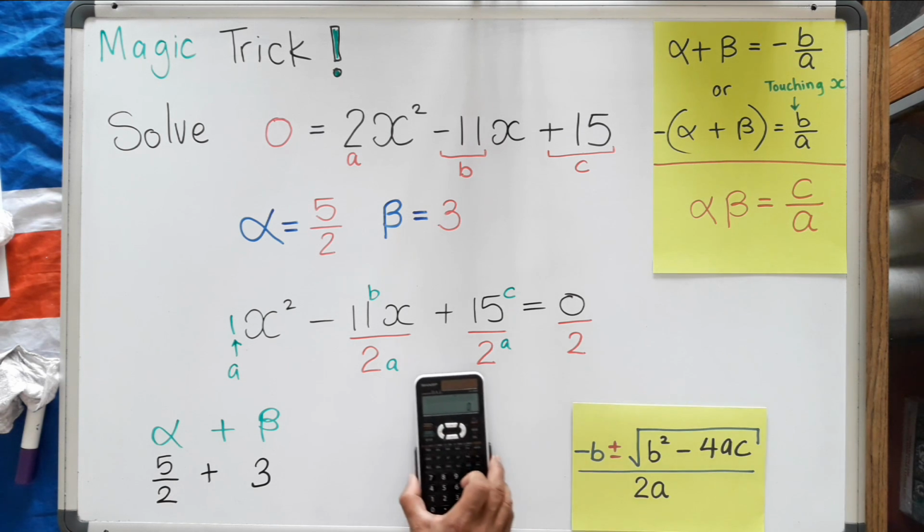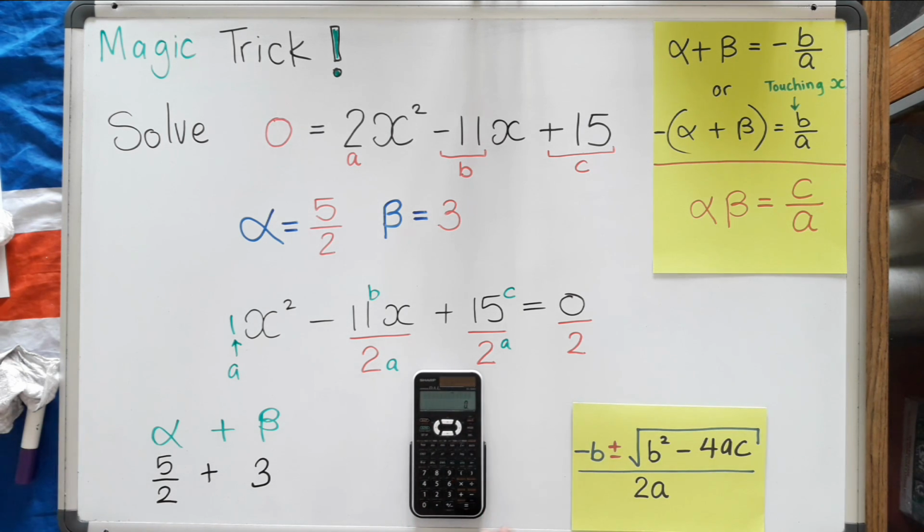So I'm going to add it using my calculator. All you have to do is use the fraction buttons. So 5 on 2 plus 3. And if we add this up, we will get